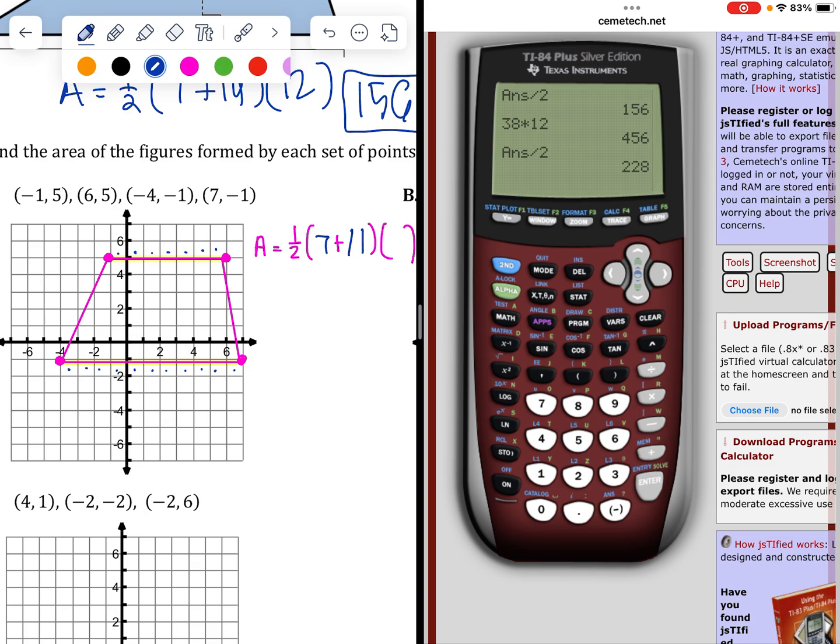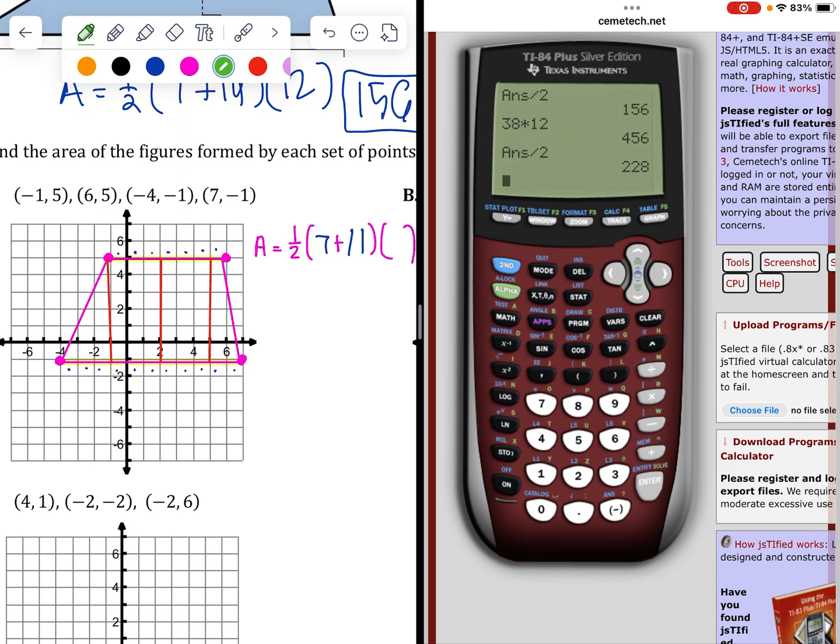All right, now I need the height. Remember, the height connects the bases with a perpendicular line. So if I have 2 horizontal lines, a vertical line is going to be perpendicular to that. So I want to connect my 2 bases with a vertical line. Okay, and I could connect it where I did, or I can connect it here, or I can connect it here. I can connect it anywhere, okay, as long as you're connecting your 2 bases with a line perpendicular to